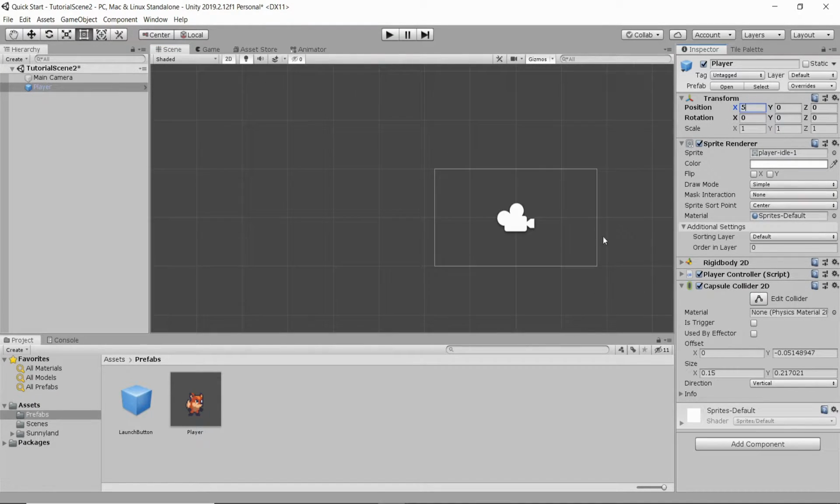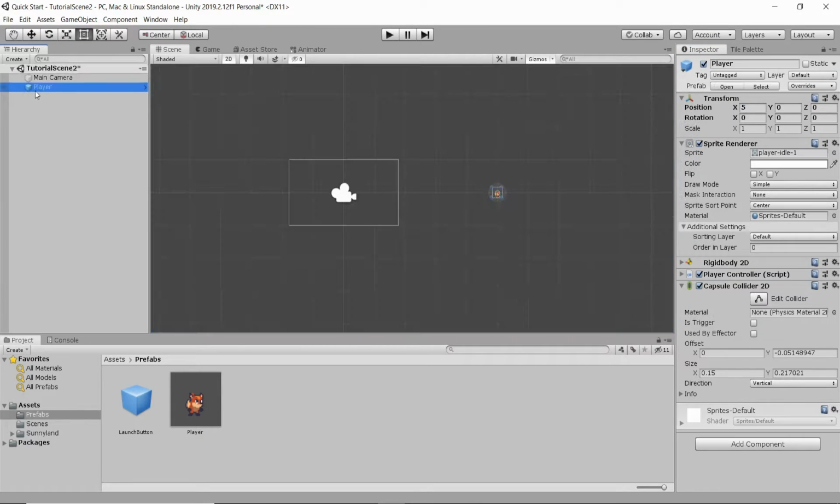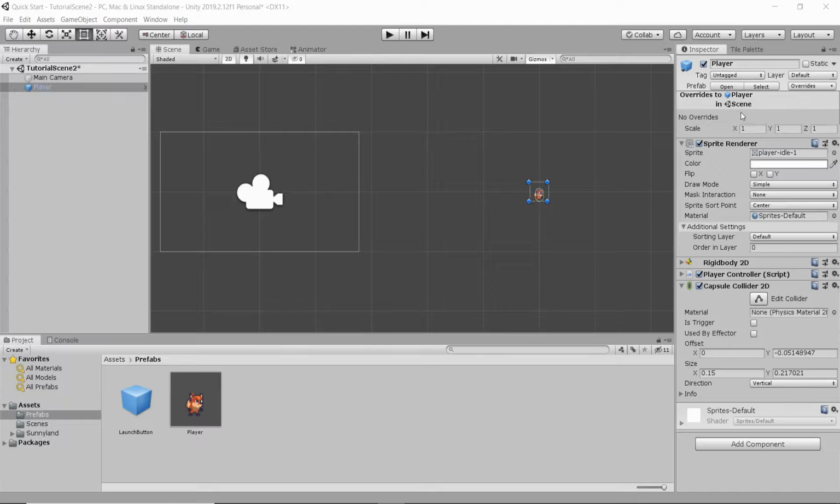So I could have a position of 5 set for this player, but if we go into the prefab, you see that it's set as 0 over here. So now this player in the scene has an override. And if you want to apply all of your custom values into the prefab, I guess transform isn't included, then